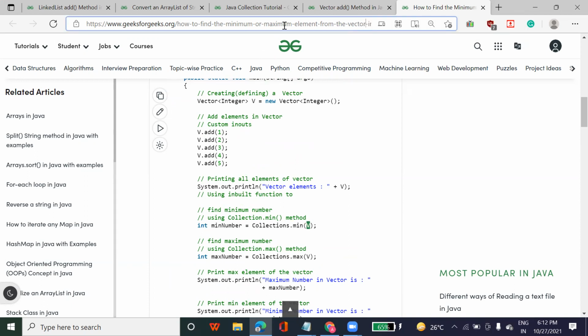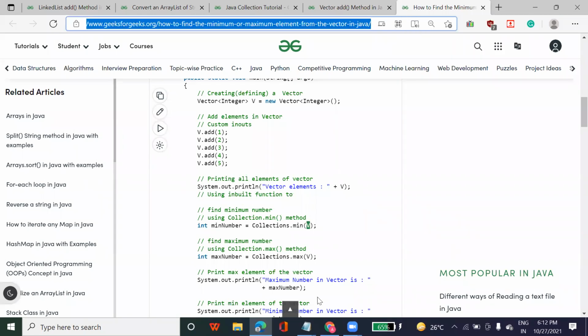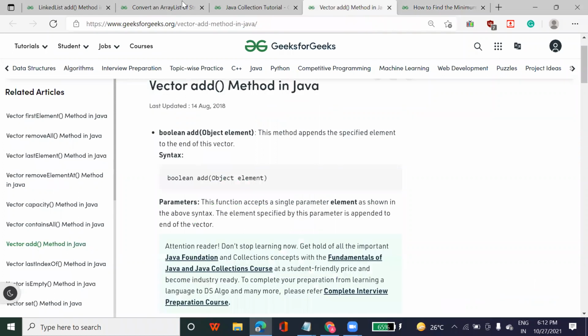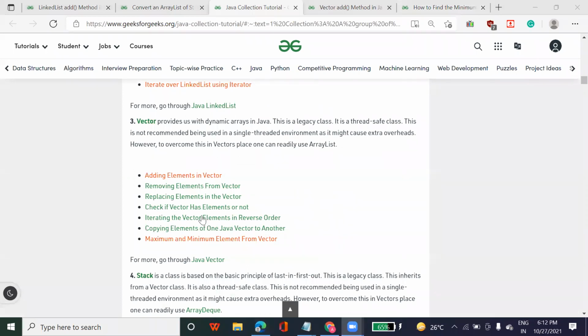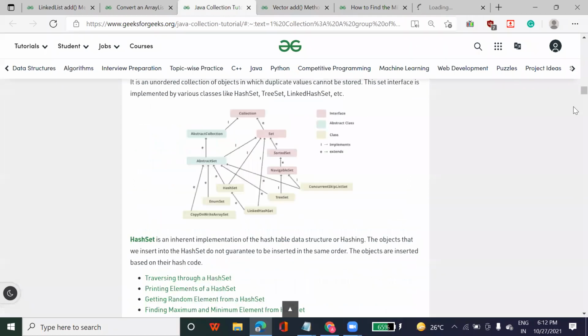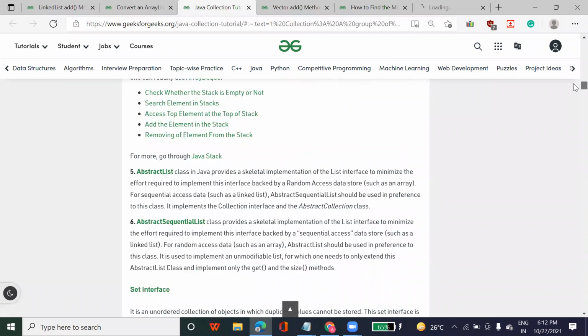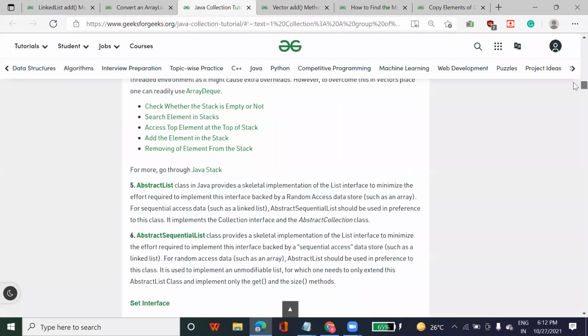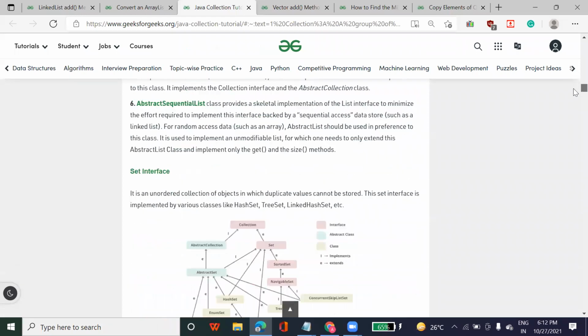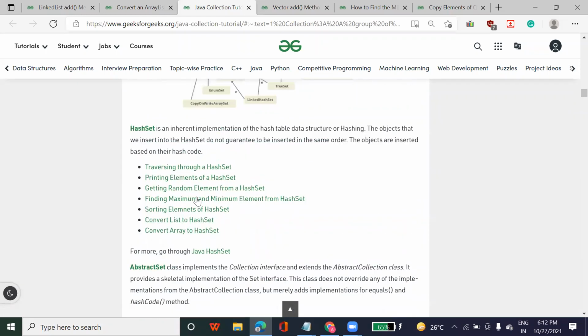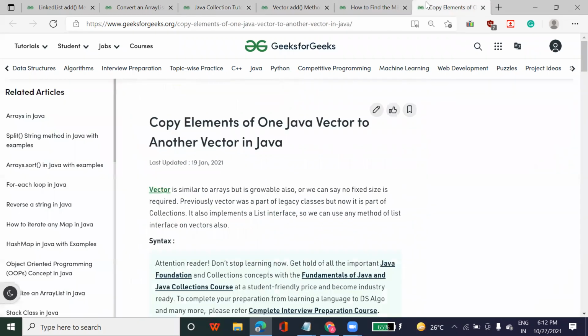I hope it is clear to you. Yes, sir. Good. So tomorrow, go through this program. I think you will be able to do it: remove, replace, iterate. Let me explain one more program, Java Vector 1. Then we'll cover the stack. This is not much asked in the interview, so the stack part I will cover in the next session, and also set. So we're going to start some more on this.